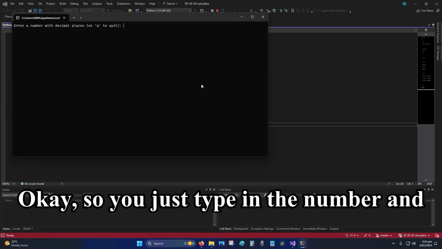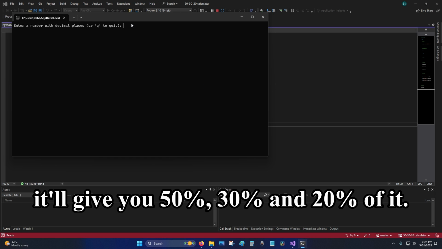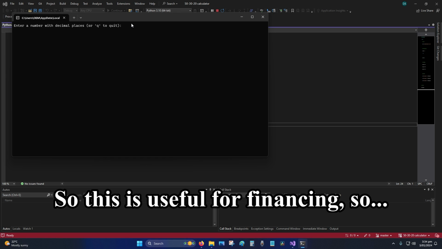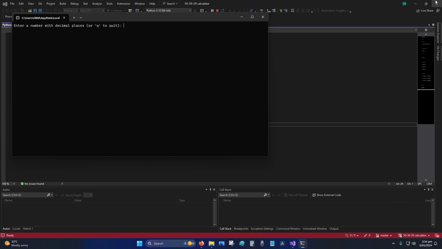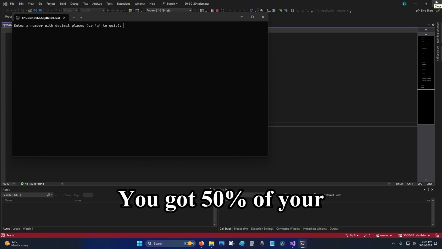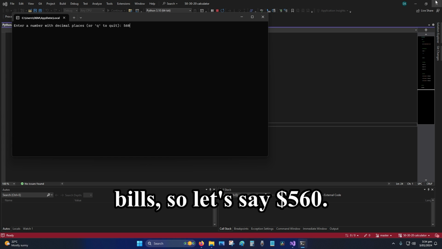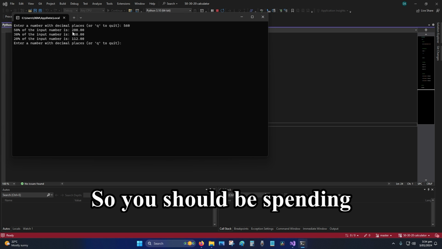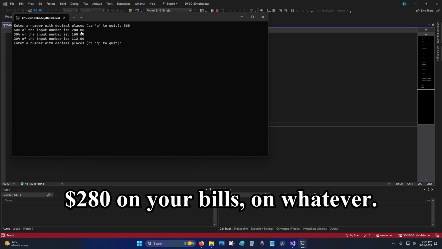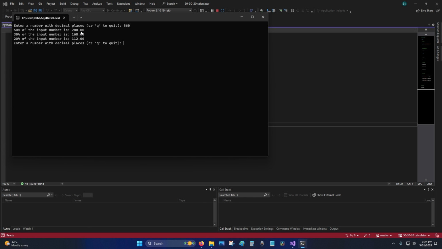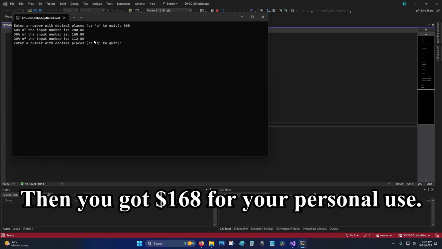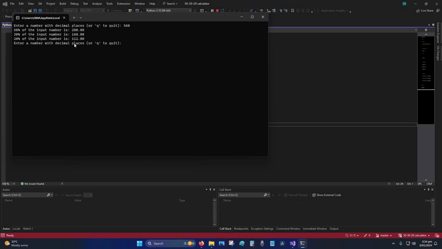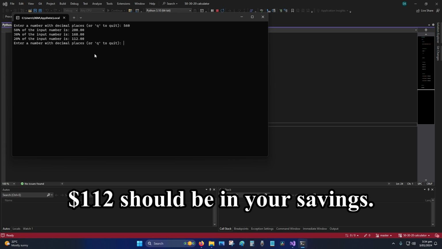Okay, so you just type in a number and it'll give you 50%, 30%, and 20% of it. So this is useful for financing. So you got 50% of your bill, so let's say $560. So you should be spending $280 on your bills on whatever. So that's your expenses. Then you got $168 for your personal use, and then your final 20%, $112, should be